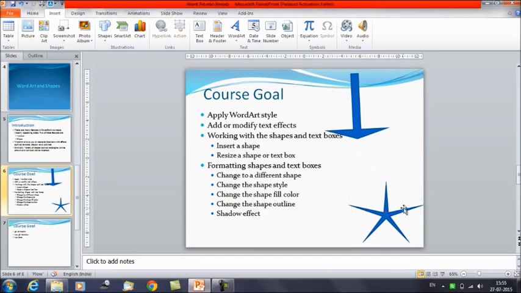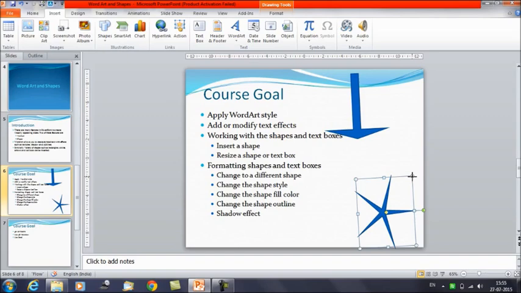So in this way, with the help of the yellow handles, you can adjust the length of the points. With the help of this green handle, you can try to rotate the picture, and with the help of these handles on the corner, you can resize the image. You can decrease or you can increase the size. These are the sizing handles.